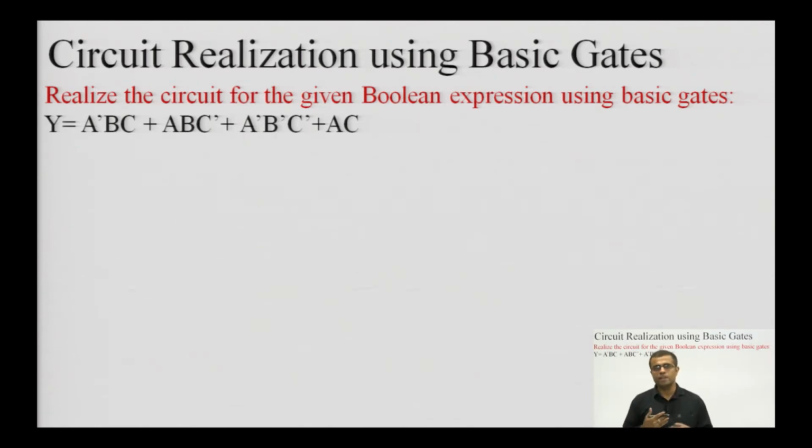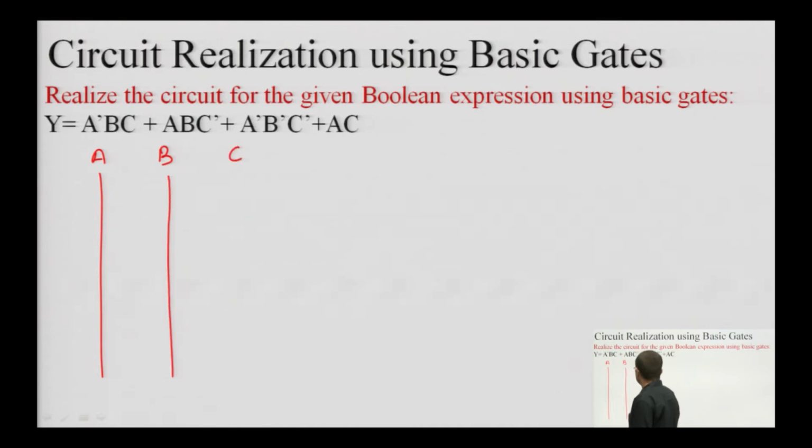So, we cannot proceed in a random manner, using variables or variable inversions on an as-needed basis. We have to think carefully, so that a systematic circuit is prepared. So, we have to first see how many variables there are. There are 3 variables A, B and C. So, I have to draw 3 vertical lines A, B and C.